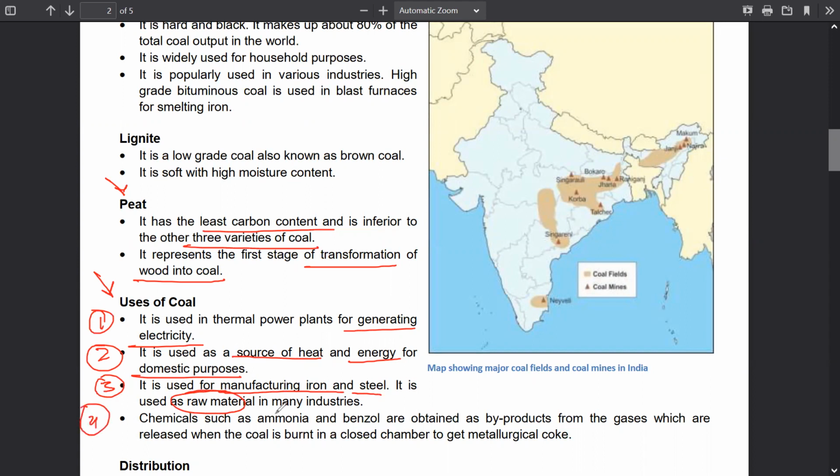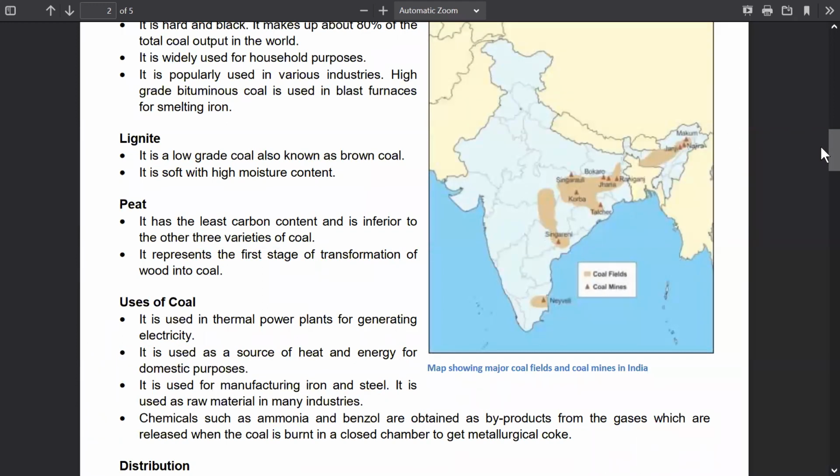And finally, the fourth point: chemicals such as ammonia and benzol are obtained as byproducts from the gases which are released when the coal is burnt in a closed chamber to get metallurgical coke. So if you want, you can ignore this point. You may just read it as general knowledge, but I recommend you remember just these 3 points. Okay, so let's move on